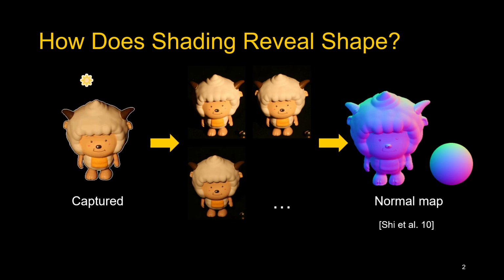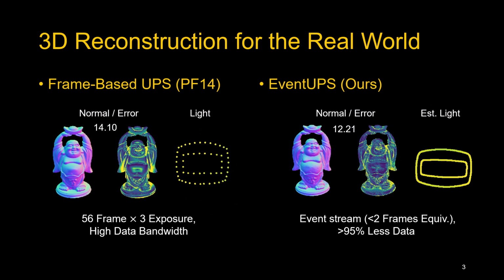Let's start with our final result. On the left is a reconstruction from a leading traditional method, which required 56 frames, each with 3 bracketed exposures to produce. On the right is our result. It's cleaner and more detailed, and it was generated from a stream of events that amounts to less than 5% of the data. This is the result of a fundamentally new approach, built for a new kind of sensor, event